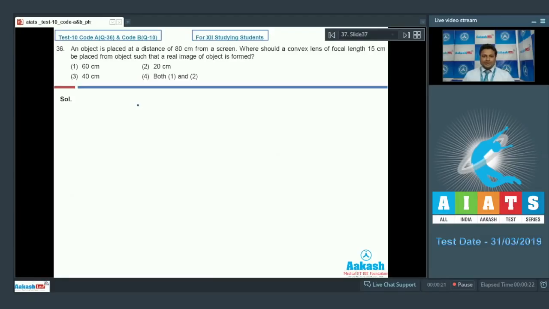So here we have question number 36, everyone. An object is placed at a distance of 80 cm from the screen. Where should a convex lens of focal length 15 cm be placed from the object such that a real image of object is formed? Now, after reading the question, we can have an idea, we can have a diagram, that is,